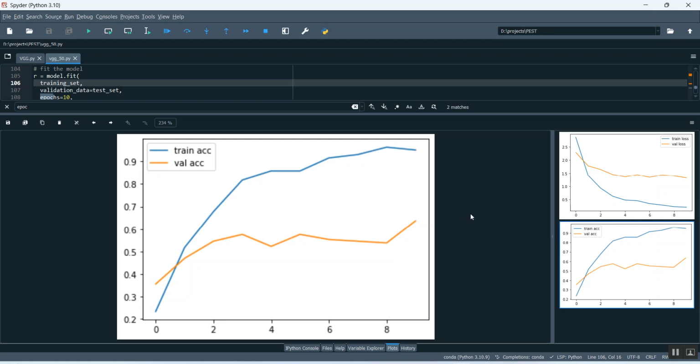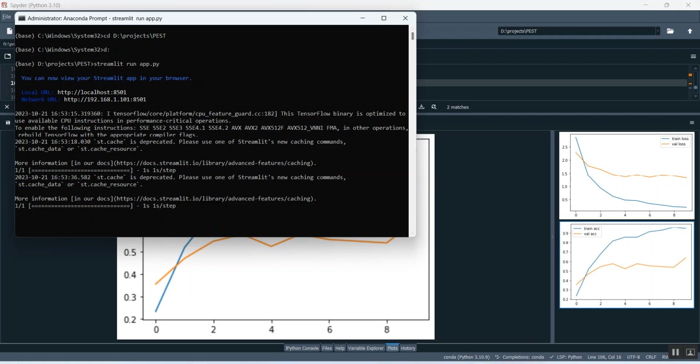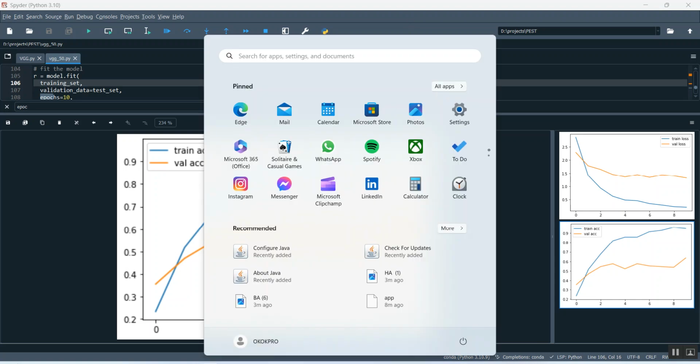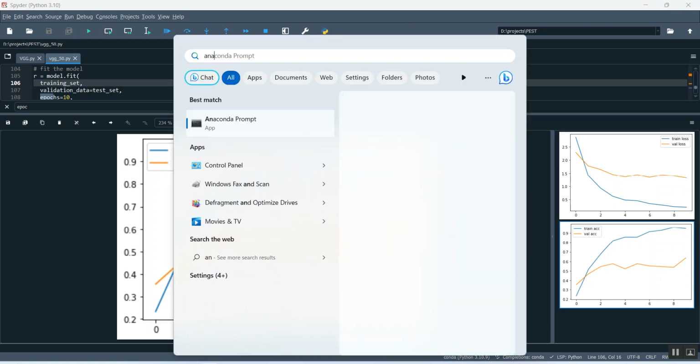Once the training is over, I am executing a project here. How? By using Streamlit, I'm executing a web app. So I'm going to the Anaconda command prompt.